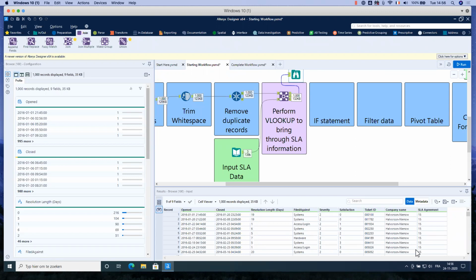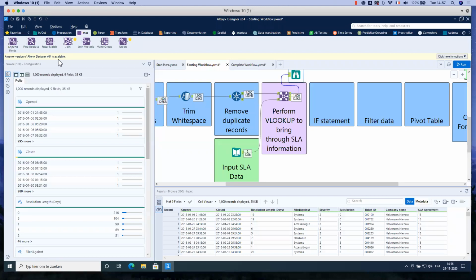So for that, I need to create a calc that will say, okay, if for this ticket the resolution length was lower than the SLA agreement, then it's within the SLA. If not, it's outside. So I need to create a new column for that.